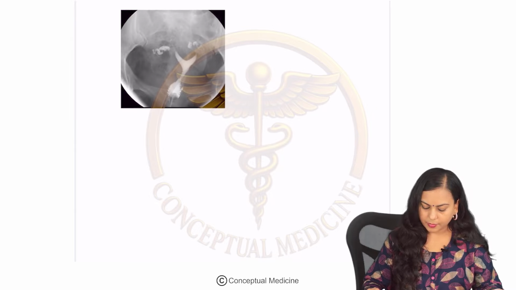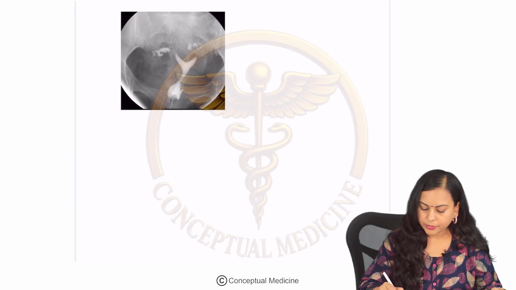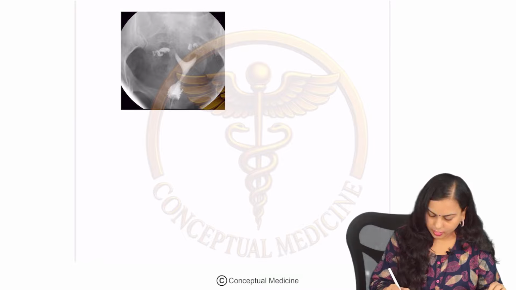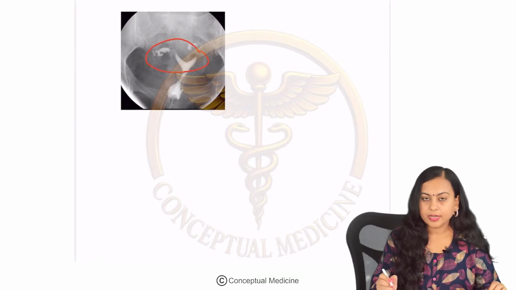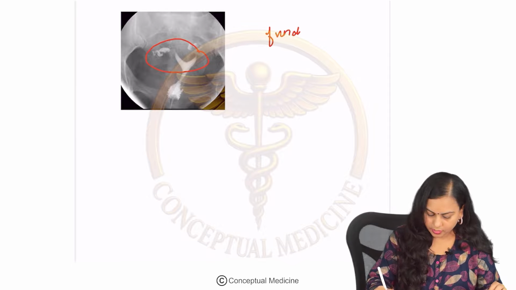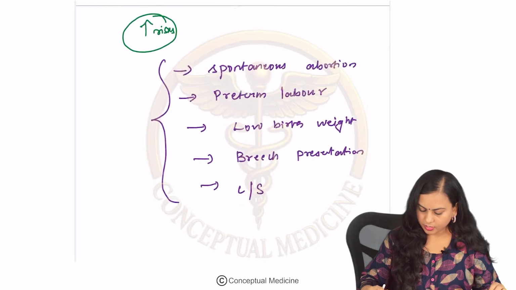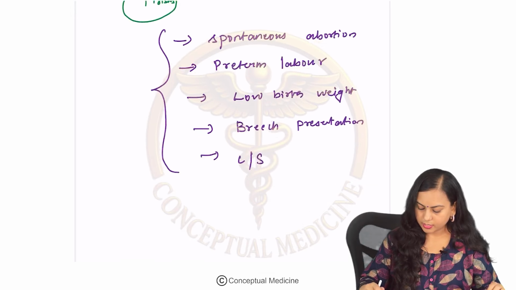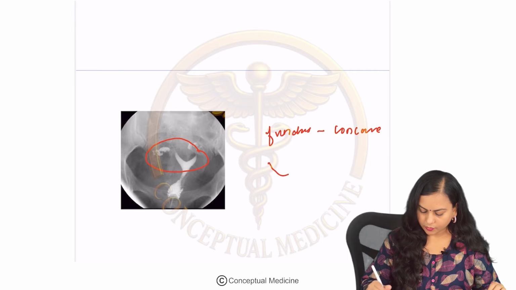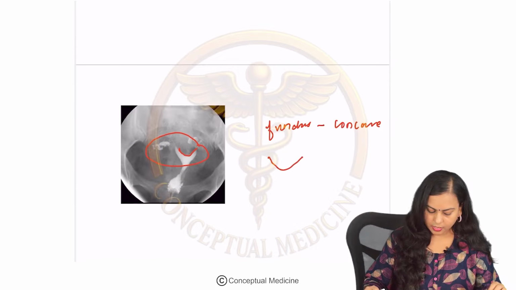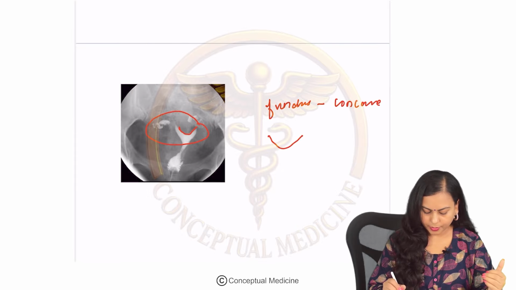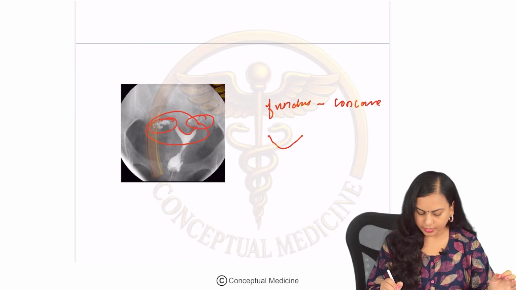Right, coming to this image. Okay, so here what do you see? Here you see a uterus. The fundus is somewhat abnormal, right? The fundus is somewhat concave. Normally, as in the previous picture, you have a straight fundus like this, whereas here the fundus is somewhat concave like this. So the concavity is changed here, and both the fallopian tubes are patent because you are able to see the spill.